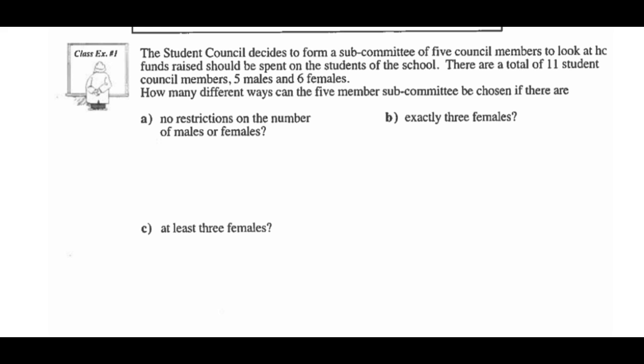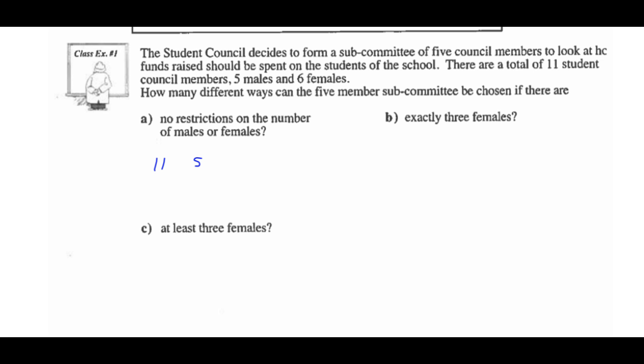The student council decides to form a subcommittee of 5 council members to look at how funds raised should be spent on the students at the school. There are a total of 11 council members, 5 male and 6 female. How many different ways can the 5-member subcommittee be chosen if there are no restrictions on the number of males or females? Well, we've got 5 males, 6 females, so that's 11 students,